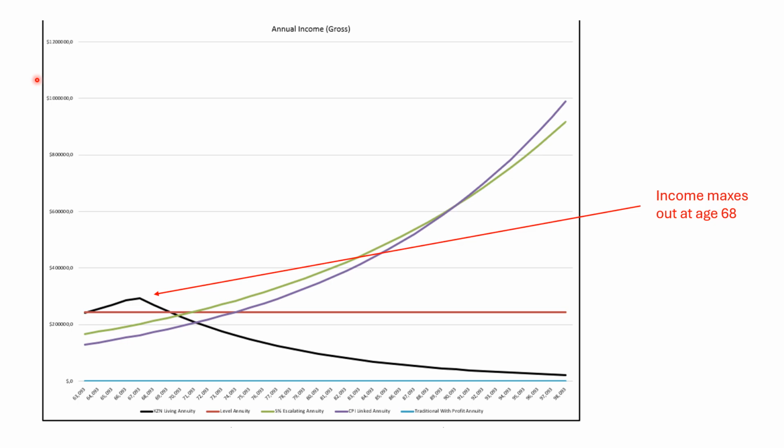Remember, in our previous example, it was age 85. In this example, just by increasing his drawdown from 6% to 12%, he has now lost out on 17 years' worth of income. It will take him 17 years less time to reach that maximum drawdown rate, purely because his drawdown rate has been too high. So hopefully that helps you to understand how drawdown rates impact your living